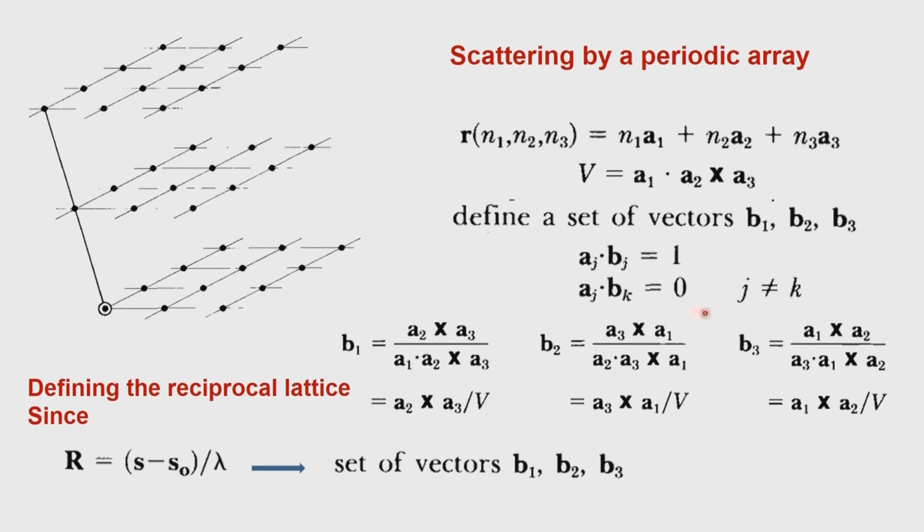When we do this operation, we can show that b1 will be equal to a2 cross a3 divided by a1 dot a2 cross a3. a1 dot a2 cross a3 by definition is the volume. So this now becomes a2 cross a3 divided by the volume. Similarly for b2 and b3. So we have these 3 vectors b1, b2, b3 following these expressions: a2 cross a3 by v, a3 cross a1 by v, and a1 cross a2 by v. These vectors b1, b2, b3 will be able to represent